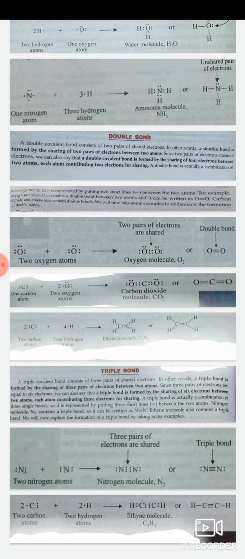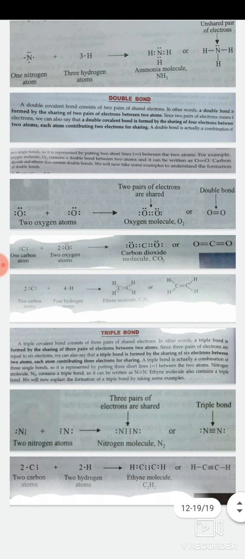Now children, see, one single bond means 2 electrons, or you can say one pair of electrons. So 2 double lines means 4 electrons or 2 pairs of electrons. So this way within the oxygen molecule we get a double bond. Why is there a double bond? Because each oxygen has shared 2 electrons.